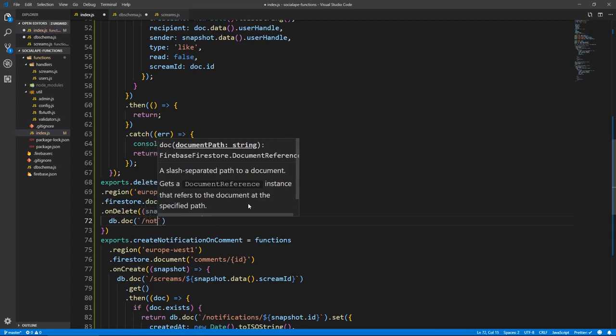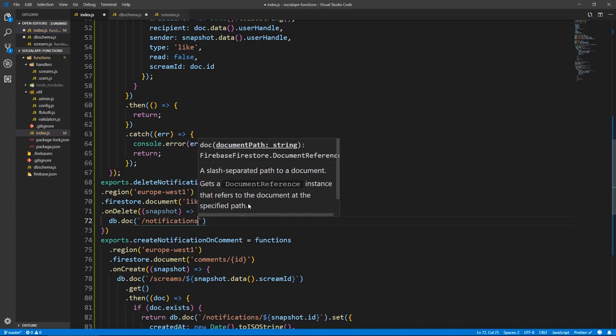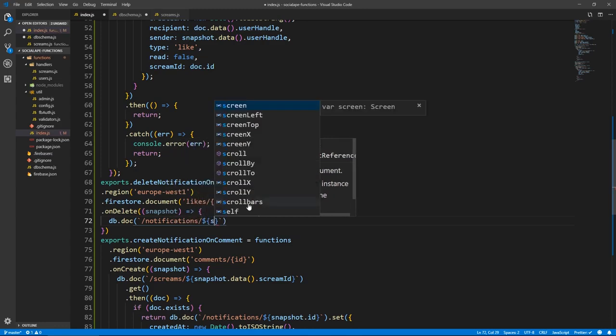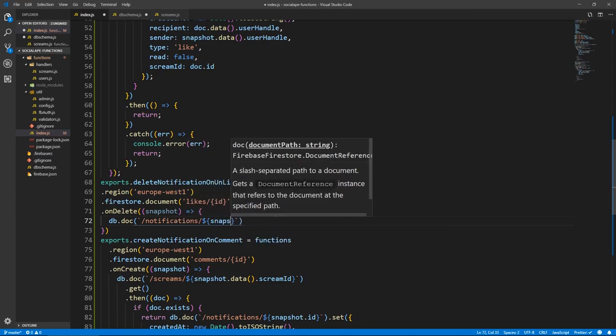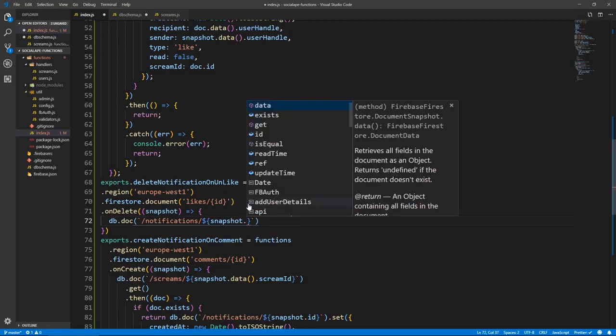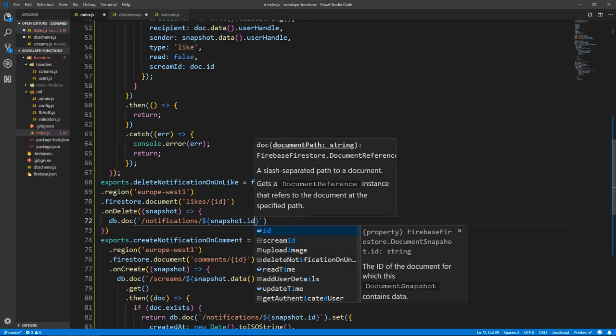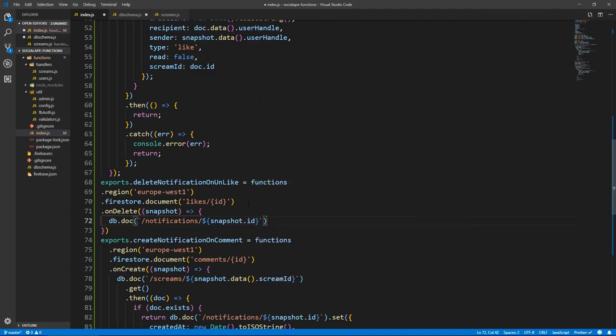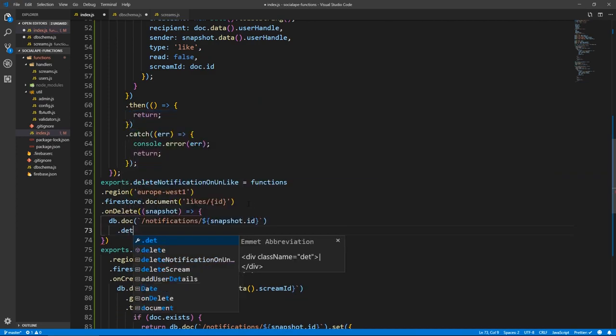Okay, slash notifications slash snapshot.id. Remember, because it has the same ID. The ID of the like is the same as the ID of the notification that pertains to that like. So slash snapshot.id.delete.